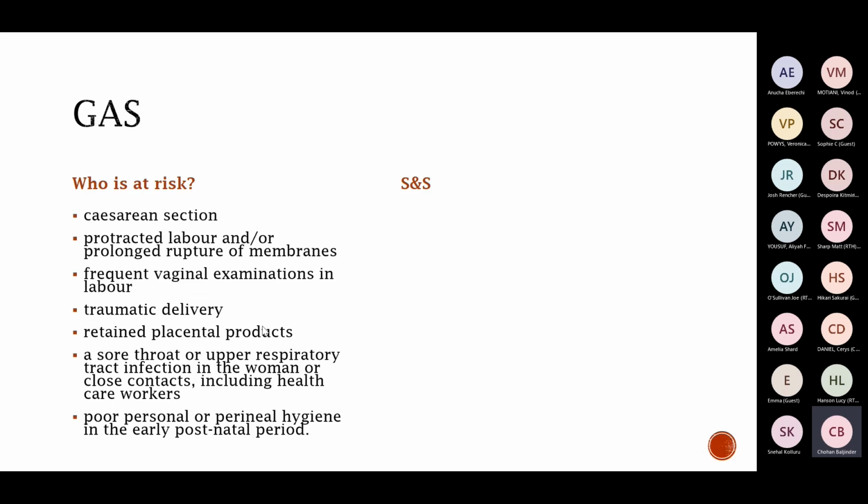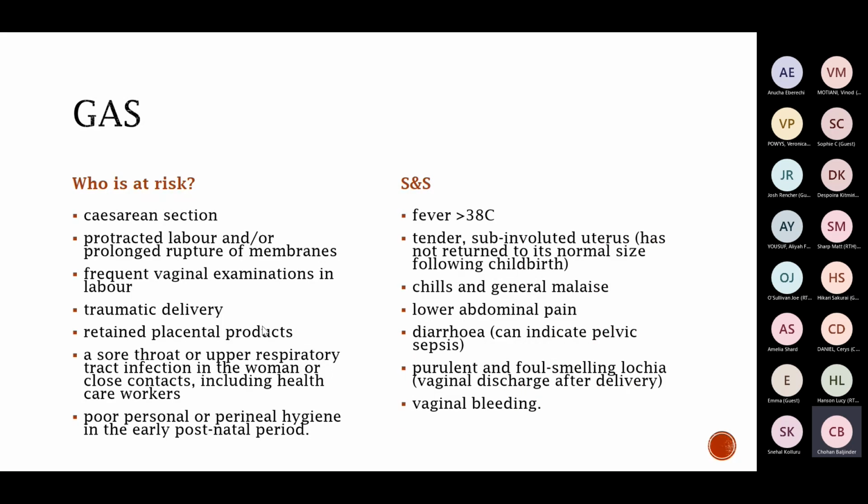So again, another really important thing, which I don't know how many of you have conducted many instrumental deliveries, but when you're debriefing these patients, it's really important to talk to them about perineal hygiene. One of the things that we should talk about is making sure they wash their hands before and after they go to the loo. So you don't want them to have just cleaned their snotty kid's nose, or they've just blown their nose and they automatically sat on the loo. But, good hygiene. So changing pads regularly, washing hands before and after they go to the loo. Really, really important. Signs, symptoms, all the regular ones that you would expect.